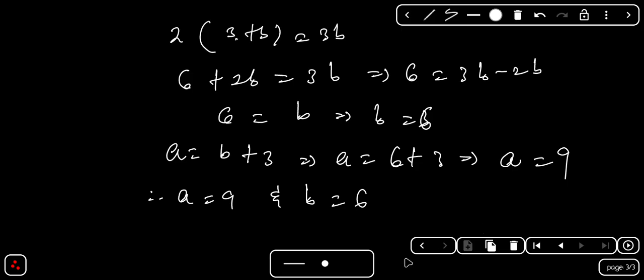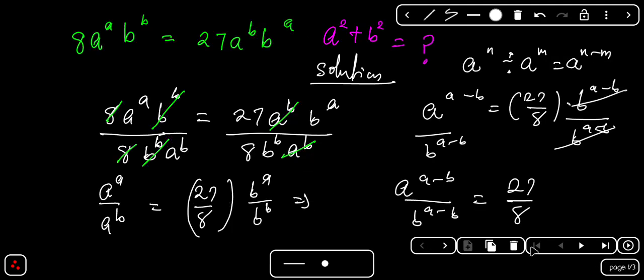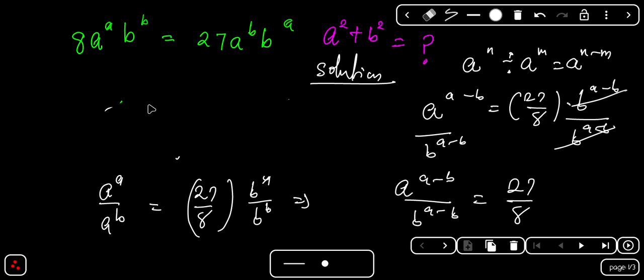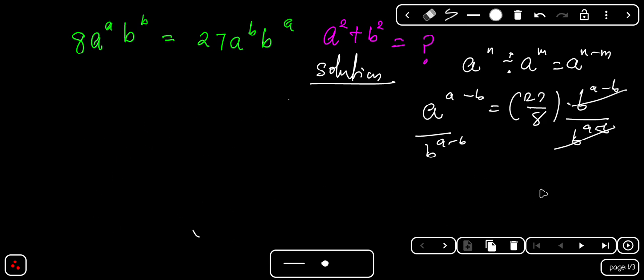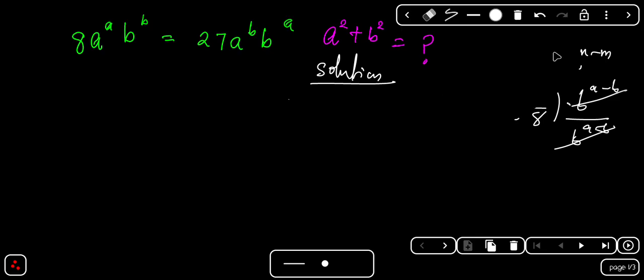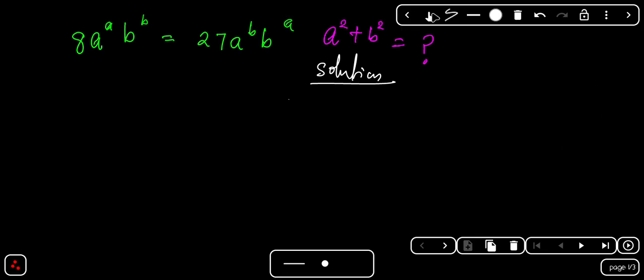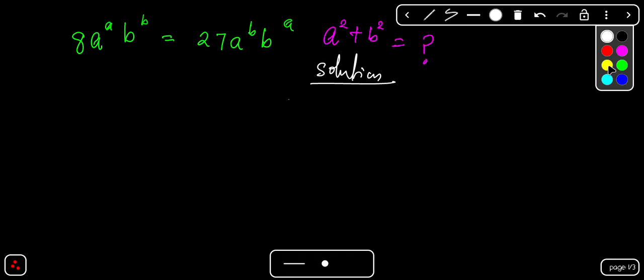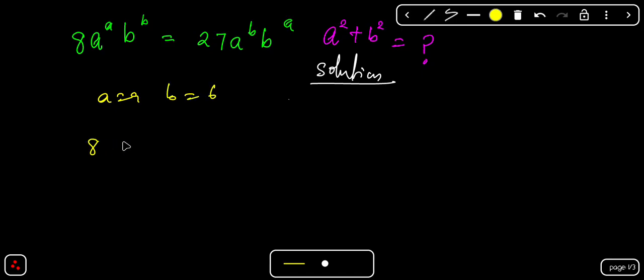Now, before we conclude that this is correct, let's do some checkings. So we said a is 9 and b is 6. Now from this question right here, let me clean some parts so that we can have space to do the checkings. Okay, so let's use yellow marker. Now we said a equals 9 and b equals 6. So that is 8, then multiply by 9 raised to the power of 9, multiply by 6 raised to the